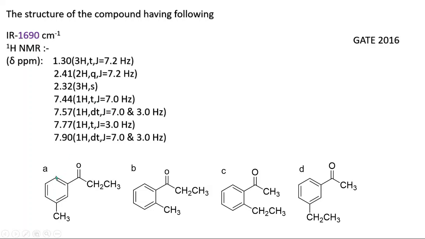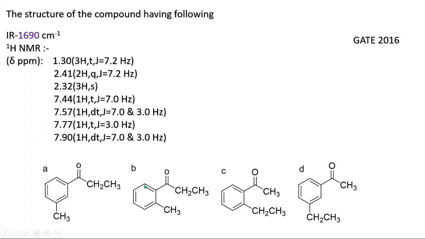This will give also a triplet. You can see this value, that is you can get a doublet first and a triplet because of these 2 hydrogen, that is meta coupling. So doublet of triplet, this will give also a doublet, and for this hydrogen these 2 hydrogen are meta. So first doublet then triplet. So 7 Hz, 3 Hz. So this type of molecule is applicable for these 4 protons.